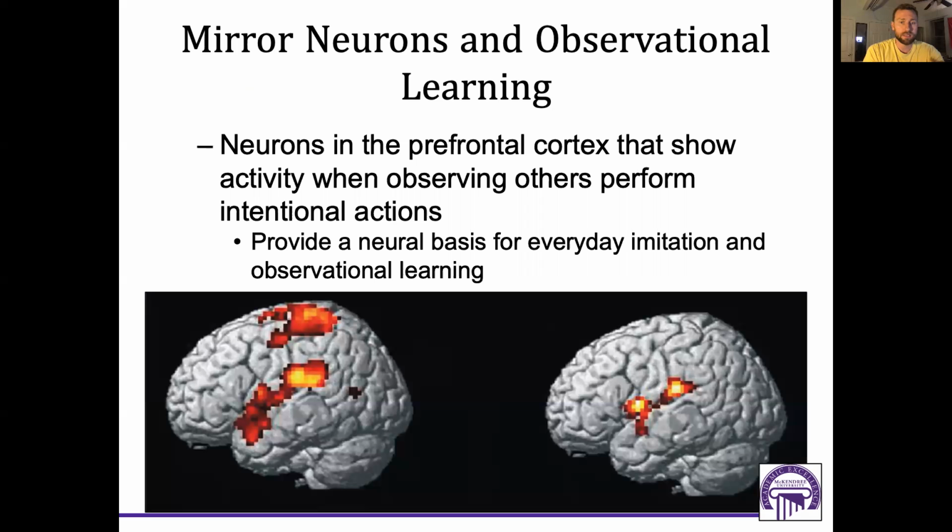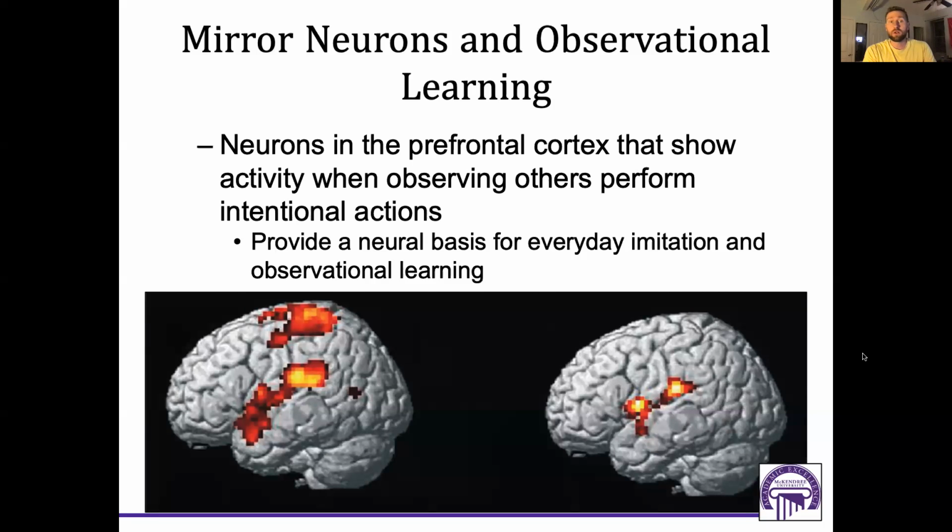Here we see a brain map showing areas in which we see increased activity, and these mirror neurons are found in these particular areas. Over here on the left, this is whenever a person is performing a particular activity. Over here on the right is whenever they're observing that same activity, and you'll notice there is some overlap in terms of the areas of activation. So this is really interesting.